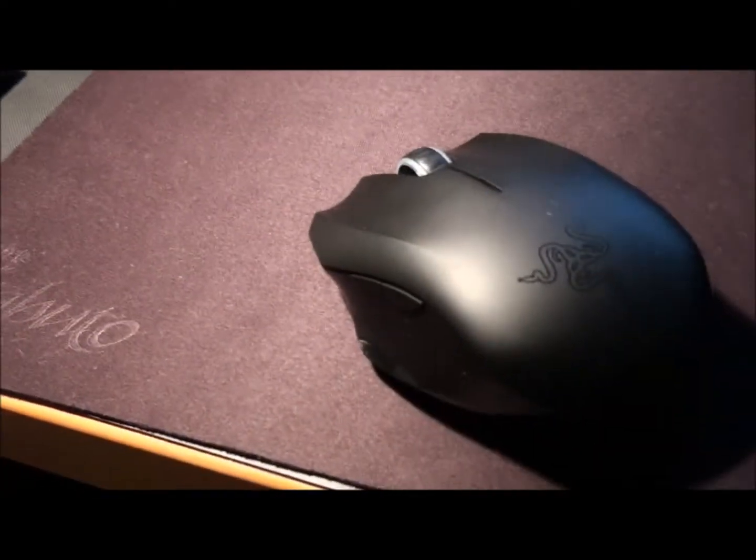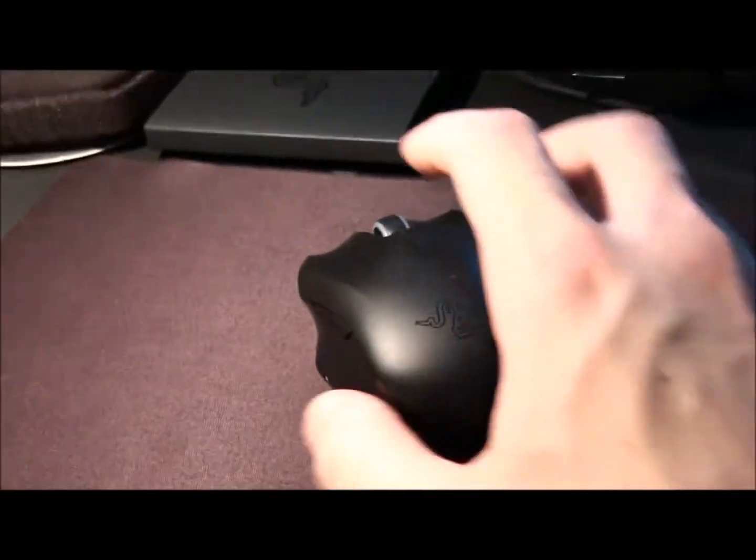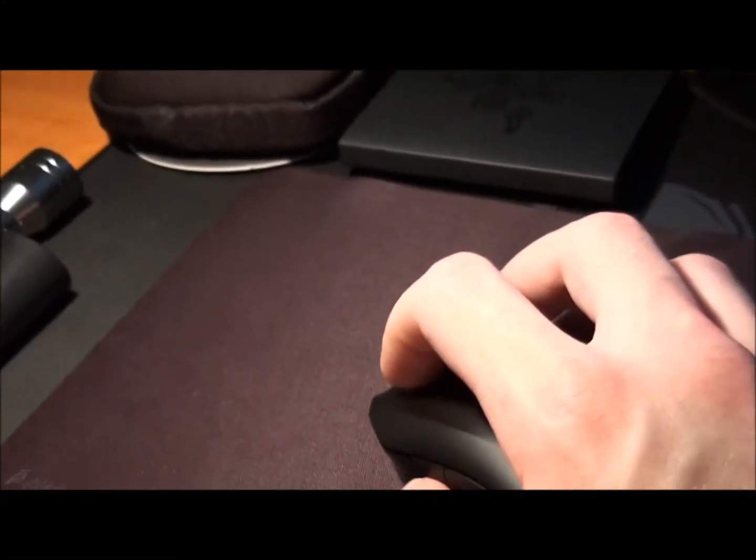Now the mouse mat material is a very fine weave. It's a very fine texture, very smooth and soft. Now the mouse grips to it a fair bit. It's got a lot of resistance, so when you throw the mouse it won't go very far. It's not a slippery mouse mat at all. It's quite hard to move the mouse,